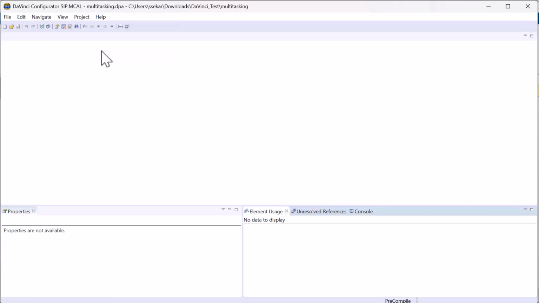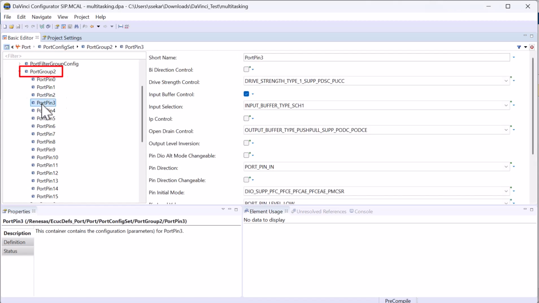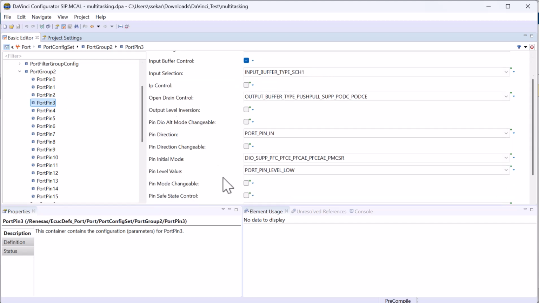Now, go to the basic editor. To configure the switch SW20, go to the corresponding port pin, which is P2 of 3. Hence, go to port group 2 and select port pin 3. Set the pin direction to input and make sure the input buffer control is enabled. Having done the port configuration,